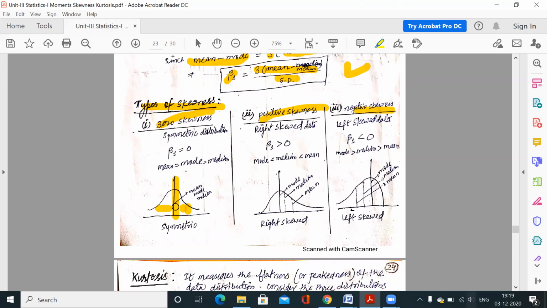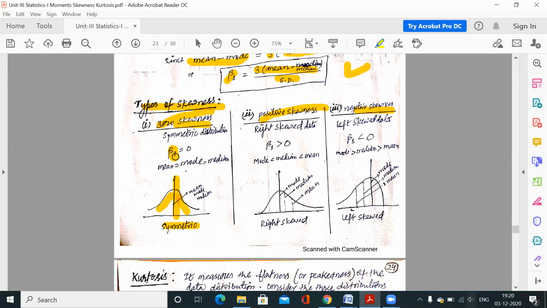Of course, I'm not good at drawing, so there can be some difference between the shapes on the left-hand side and right-hand side, but these are similar shapes on both sides. So this is the central value. We have the mirror image on the left-hand side and right-hand side, so we will say this is symmetrical data. For symmetrical data, the skewness is 0.